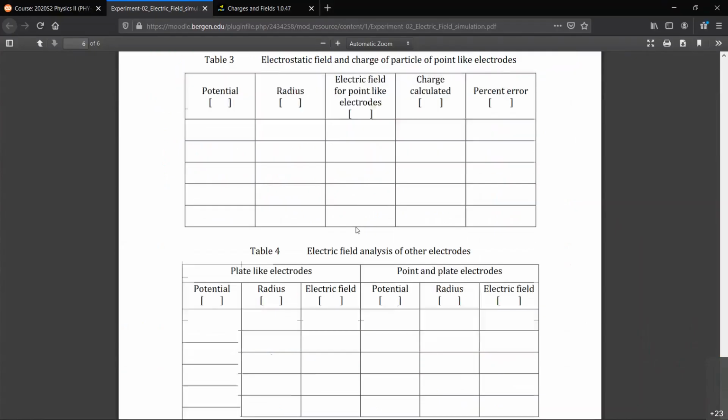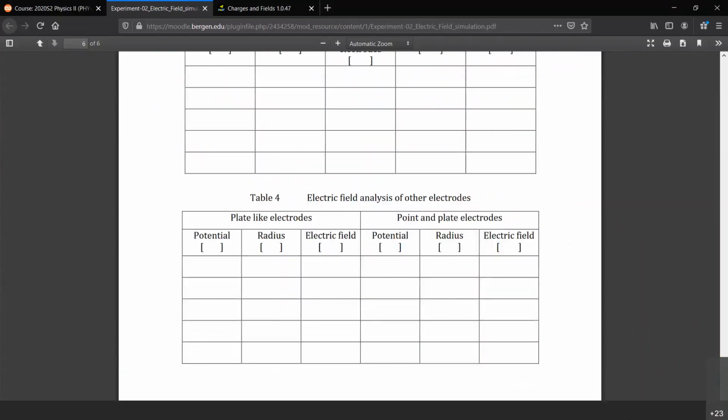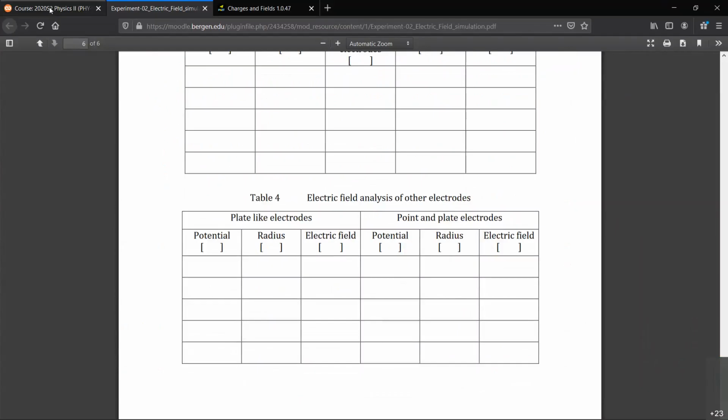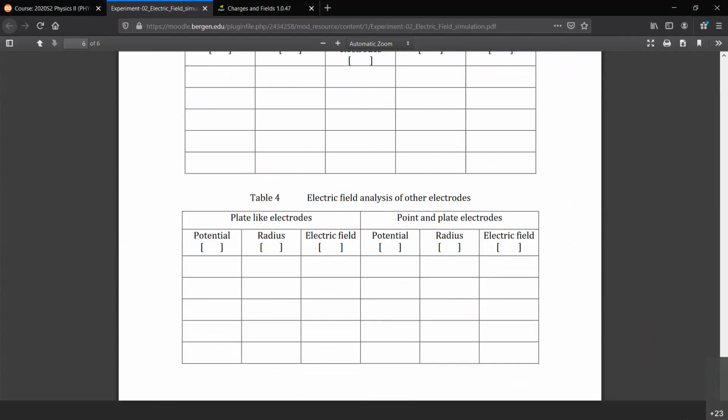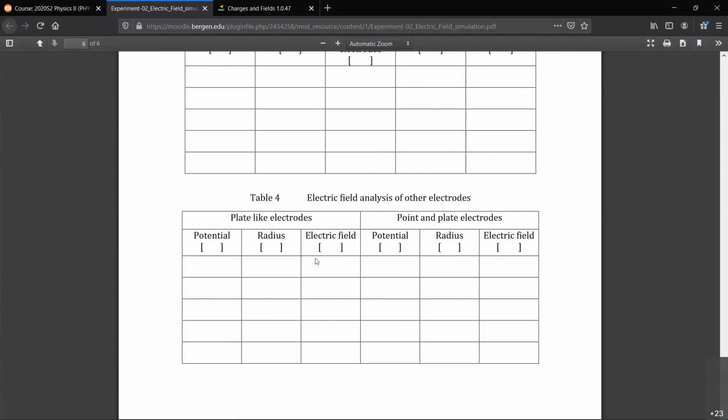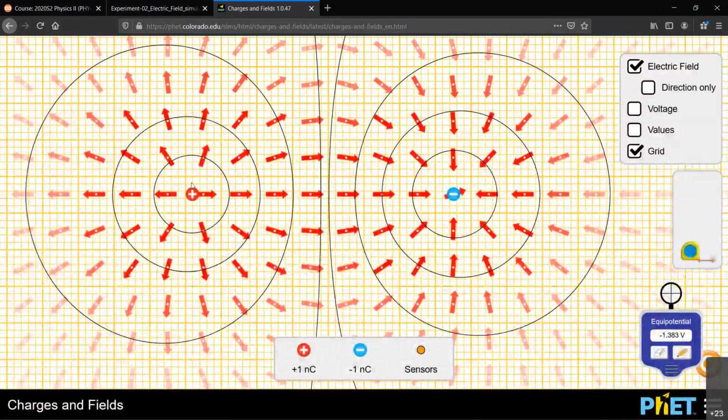Okay, so the table 4. Let's see the time, 9:44. Let's talk a little bit about the exam, and then let's take a break, and then we're going to start the exam exactly at 10. So table number 4 we'll discuss tomorrow morning. That's a very simple table, and all we need is a different shape of charge electrodes. Instead of a small point particle, we need a different shape.